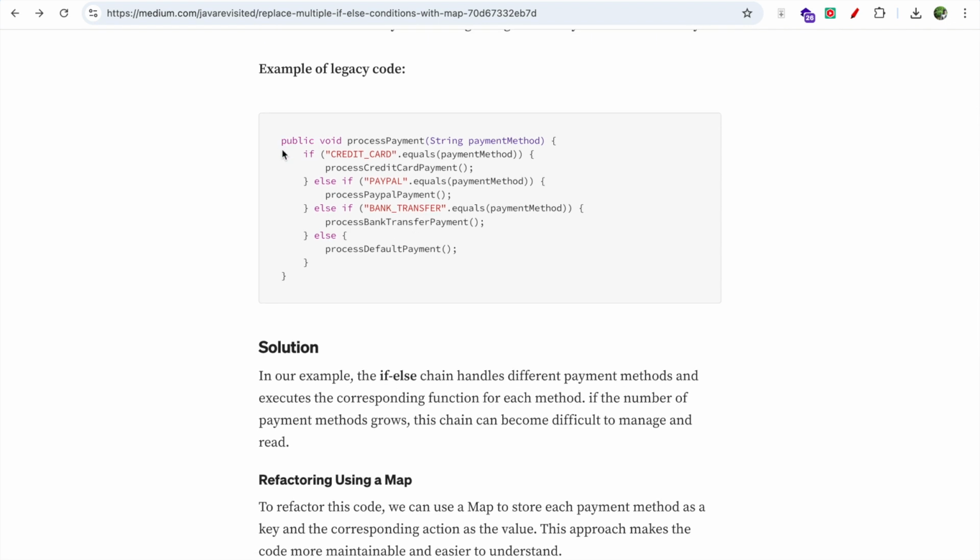So as we discussed about the if-else chain here, this is pretty straightforward logic where we have multiple conditions, if else, and so on. Now let's think about the future. If we had more payment methods, this method will get bloated because there will be multiple else-if conditions, and we keep adding those conditions, and the logic for each condition would go into the curly braces, as we can see, and it will keep expanding. So eventually it will become very hard to maintain this logic,